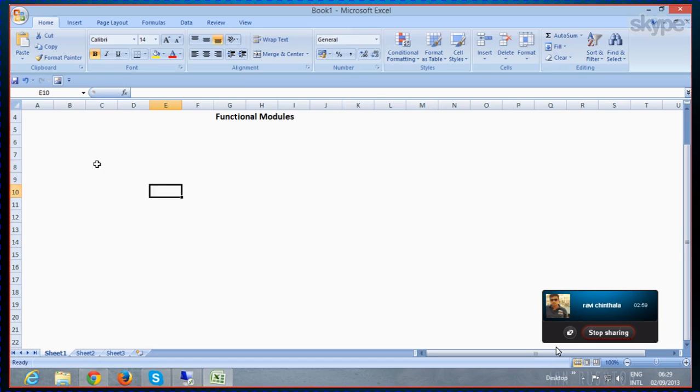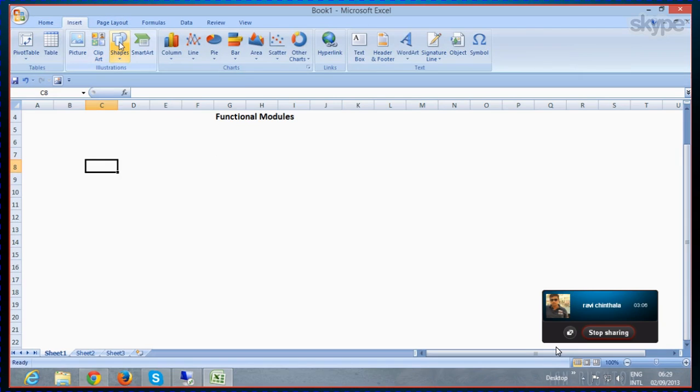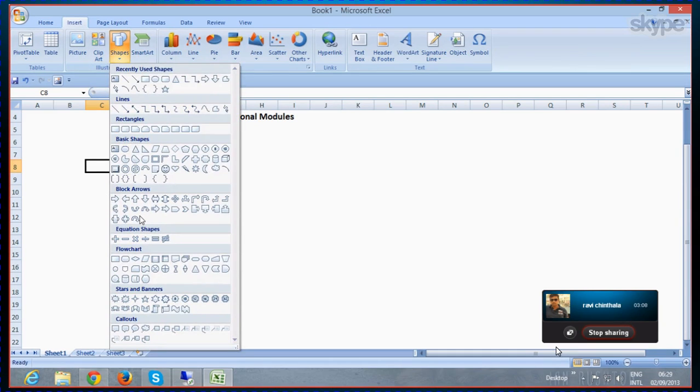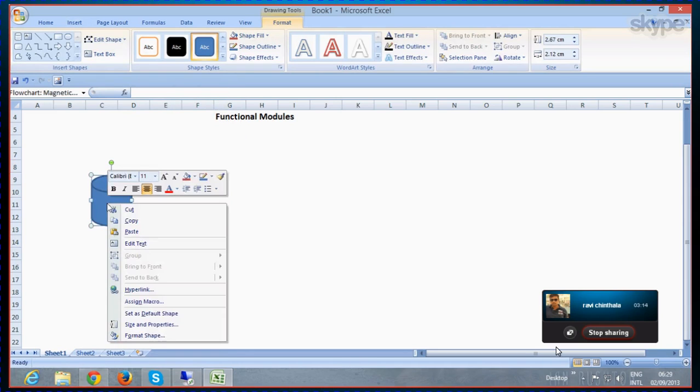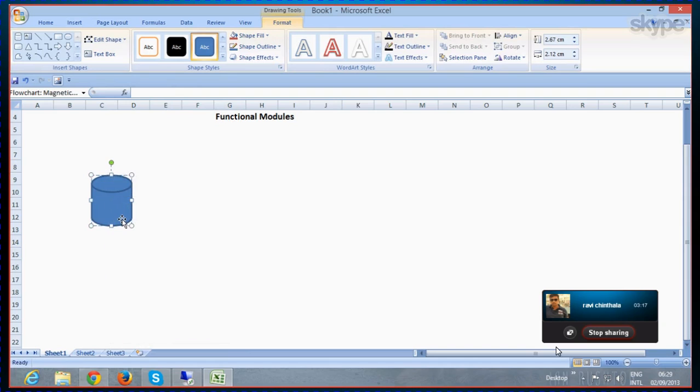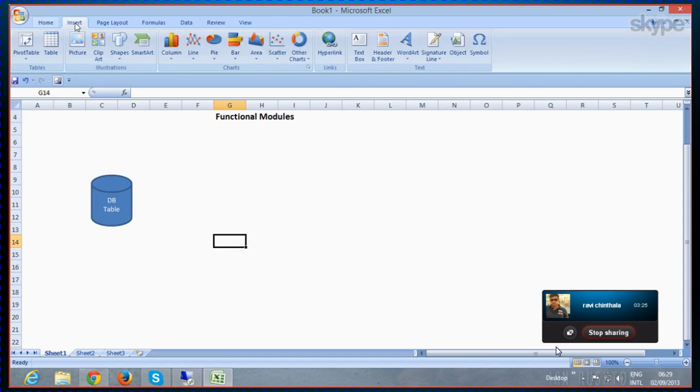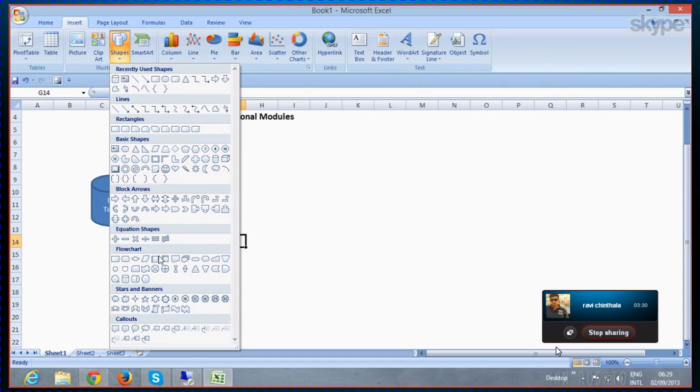For example, when we have a database table and we have declared a cursor memory location,